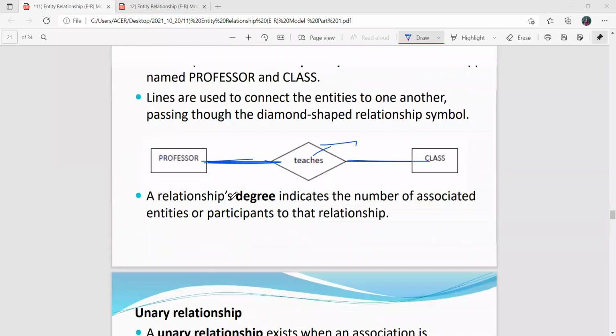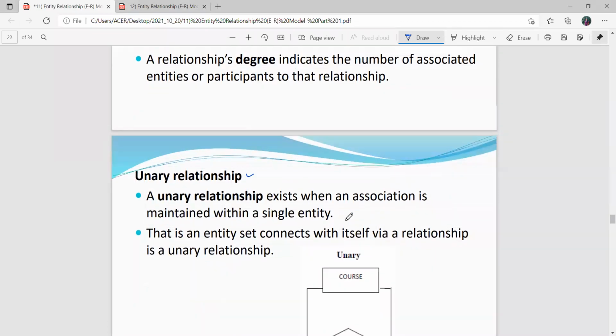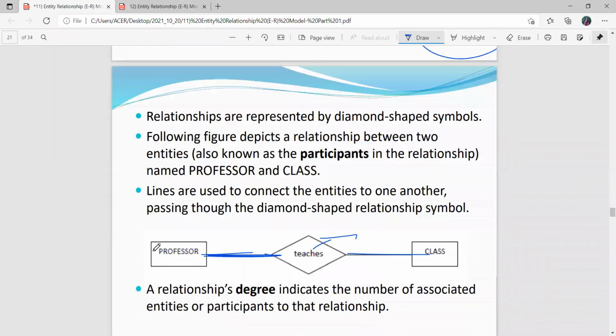Then you can see the relationship degree in it. Last week, we discussed types of relationship: one-to-one, one-to-many, and many-to-many. The degree indicates the number of associated entities or participants in that relationship. So now we are going to discuss this degree. So the first one is